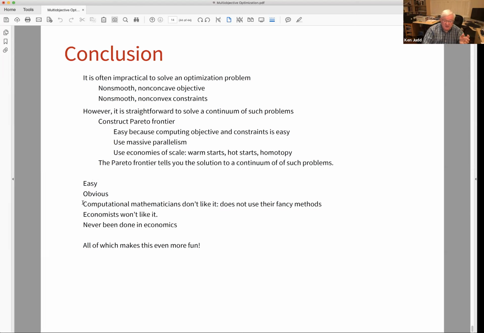Now, computational mathematicians, like in the story I told you, don't like it because they want to solve things using their fancy problems with their KKT conditions or their relaxed KKT conditions, all sorts of stuff they love. So they don't like this. Economists won't like this for all the usual reasons, and that's why this has never been done in economics. All of which means that we can have a lot of fun doing this stuff. And that's my intention. Okay, so,